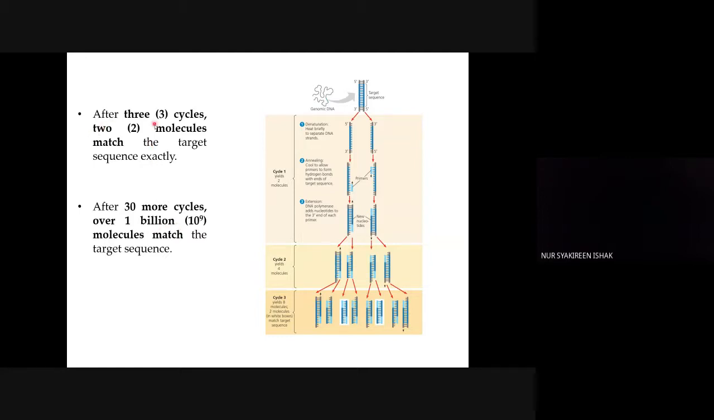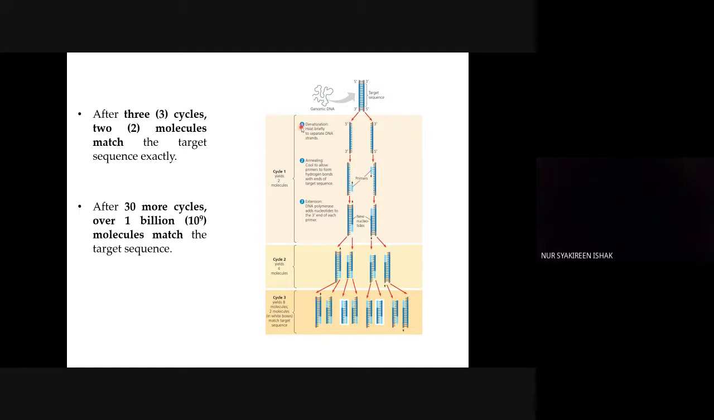Okay, so after 3 cycles, 2 molecules match the target sequence exactly. So after 30 more cycles, over 1 billion molecules match the target sequence. So this is the original target sequence, which is a DNA fragment from the whole genome. So how to get the DNA fragment? You cut using a specific enzyme, and then you have the DNA fragments, and then you amplify the DNA fragment through